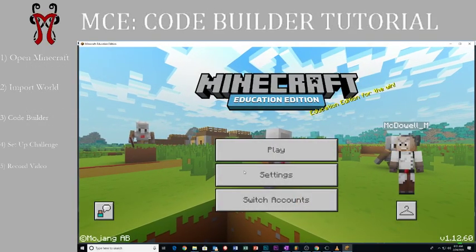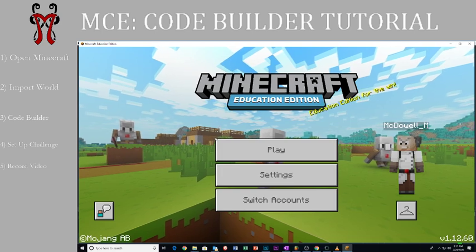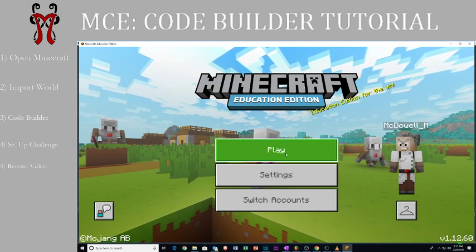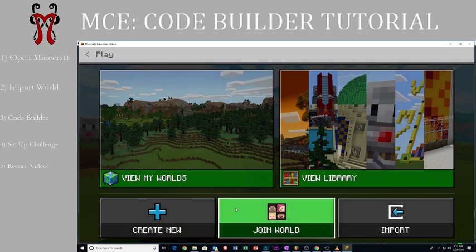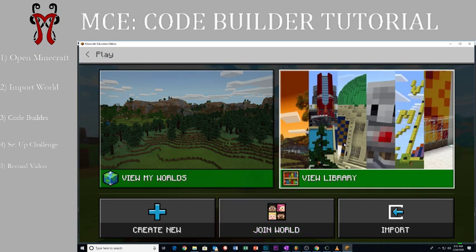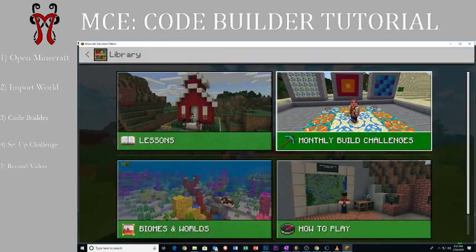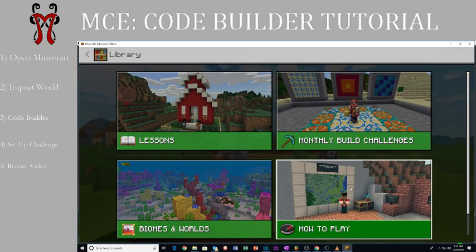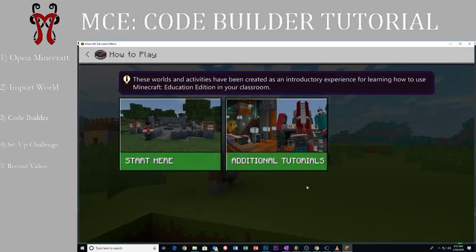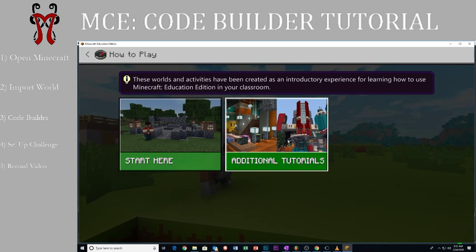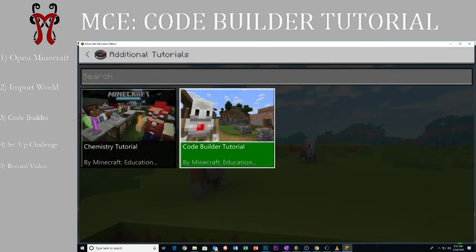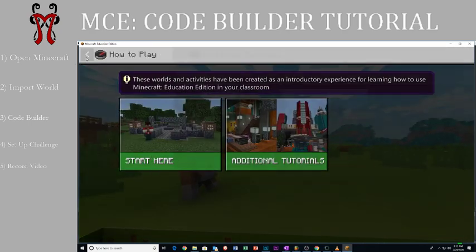Step one is to open up Minecraft, as you see here. After you open up Minecraft, you'll click on Play, and then we're going to go to View Library. You should have the latest version of Minecraft installed in order to be able to do this. Once you go here, you can go down to How to Play and go down to Additional Tutorials. In there, you're going to find the Code Builder tutorial, which is the tutorial that we're going to be using